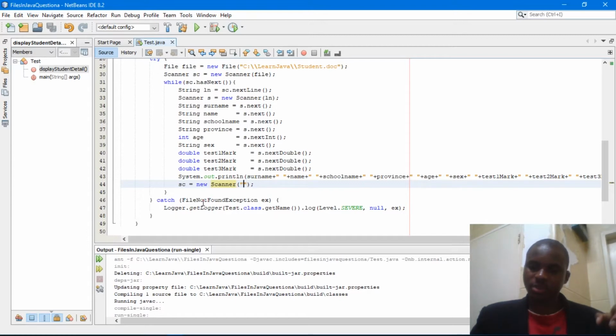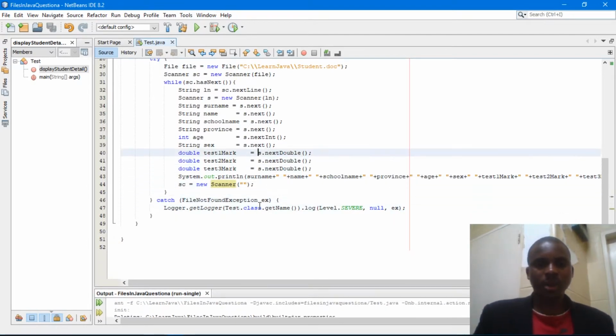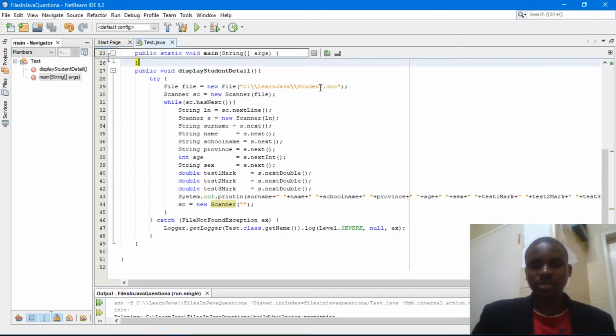The question B requires us to read from any document, which might not be the student document, but just a document that we have to read, and we have to read and print all the details of all students. So how are we going to do that? Which means here we have to do something.